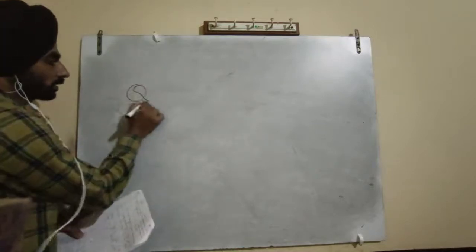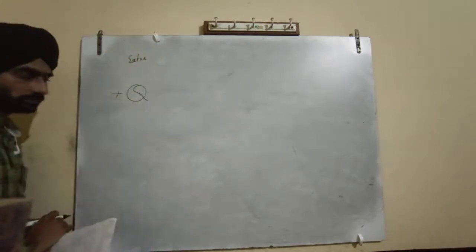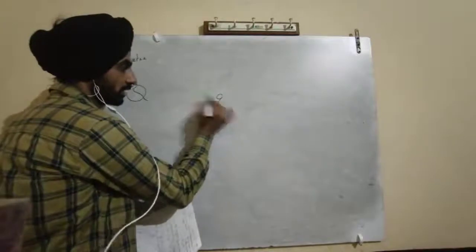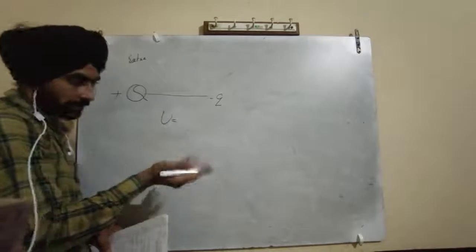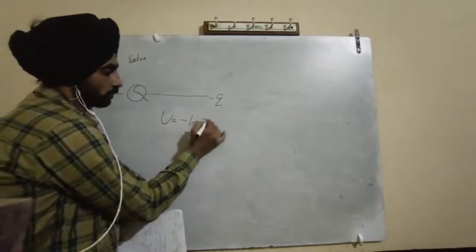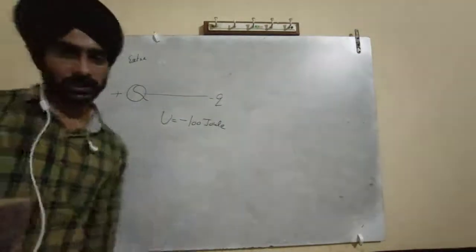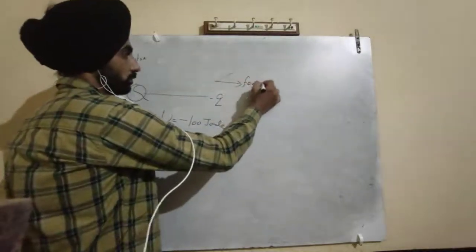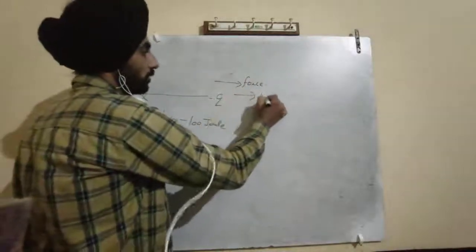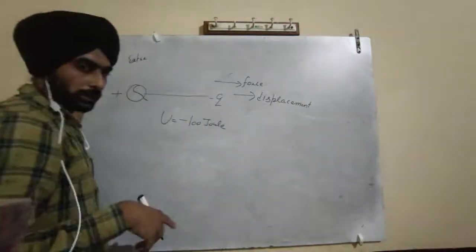Suppose, it's an extra point. Remember this thing. It's a source charge and this is a test charge and it is negative. And the potential energy stored in a system is positive or negative? It will be negative. Suppose it's 100 joule. Okay. You apply force in this direction. Okay. Suppose you apply force in this direction. Okay. Suppose it has started moving in this direction. डिस्प्लेसमेंट भी इसमें होने लगी है, तो कौन सा वर्क डन हुआ, पॉजिटिव. तो एनर्जी भी कौन सी स्टोर्ड होगी, पॉजिटिव.